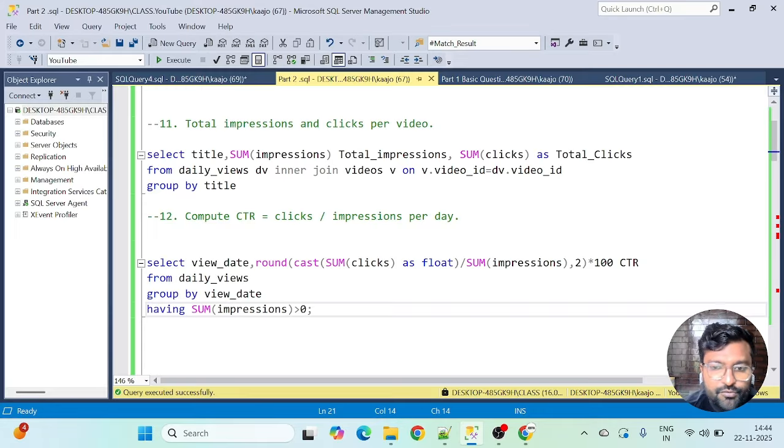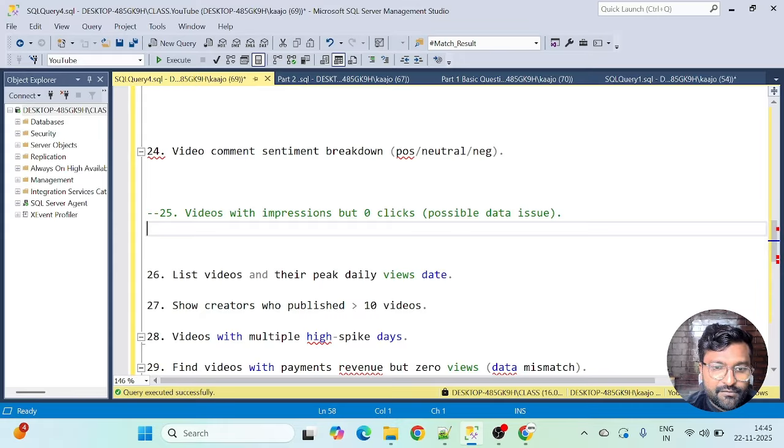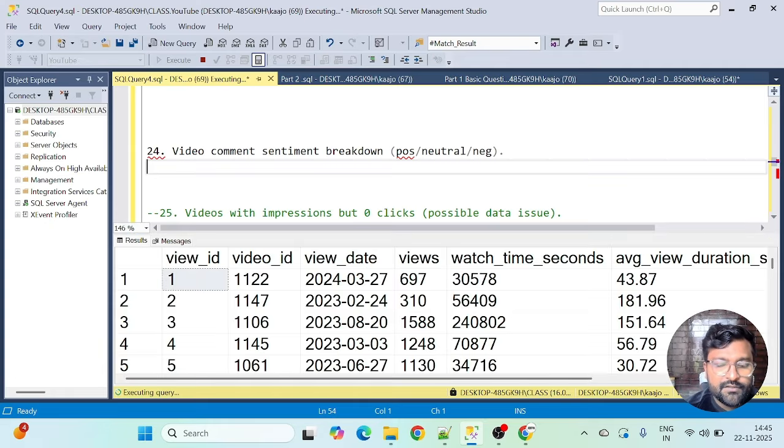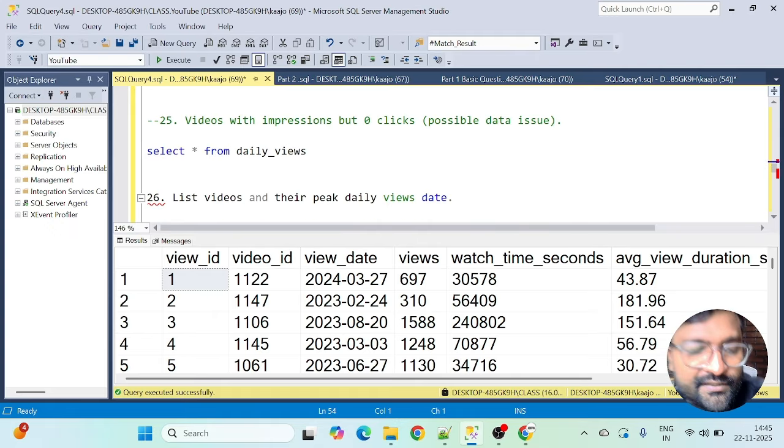Yeah. So the problem was actually with impressions. We did have some clicks, but impressions were zero. So that is a data issue. So it has been recognized that we have already got a question: videos with impressions 0, but okay, this is inverse actually. So it should be videos with impression 0 but clicks actually. Okay, let's see how we can do. So let's start from, it should be in daily views, right? Well, we'll figure out. I think I have got this question wrong. This should be videos with 0 impressions but with more than 0 clicks actually.